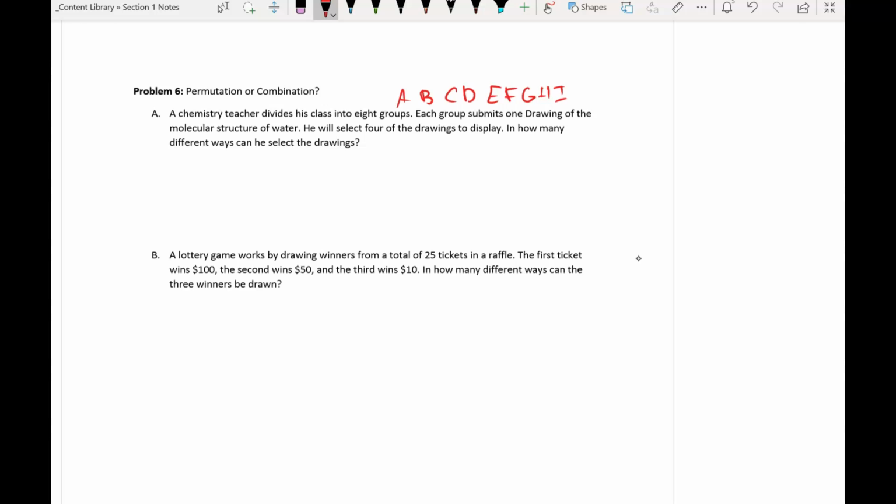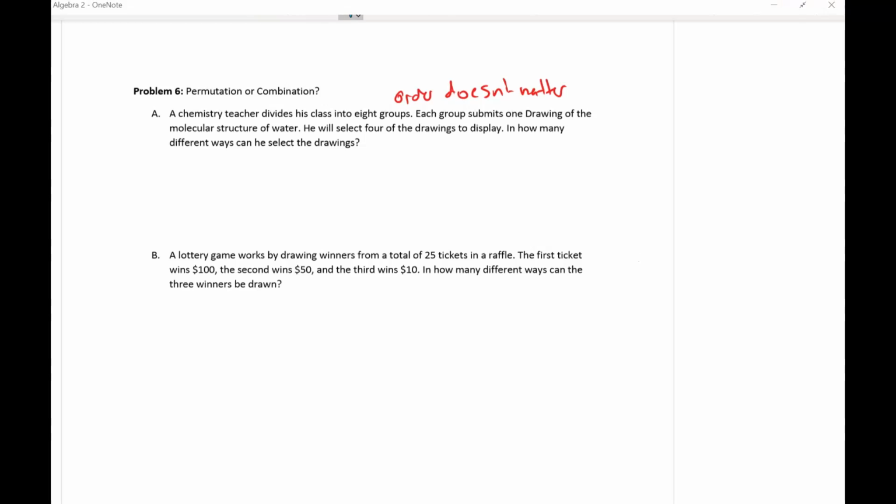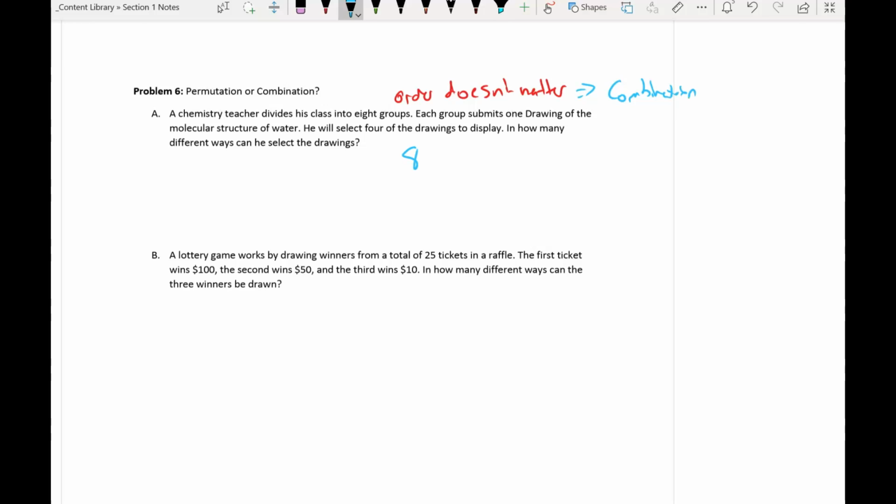So does the order matter? Heck no, the order doesn't matter. So that tells us it's going to be a combination or a permutation. You should be screaming combination. So if we have 8 groups and we are choosing 4 of them to display, plug that into Desmos,